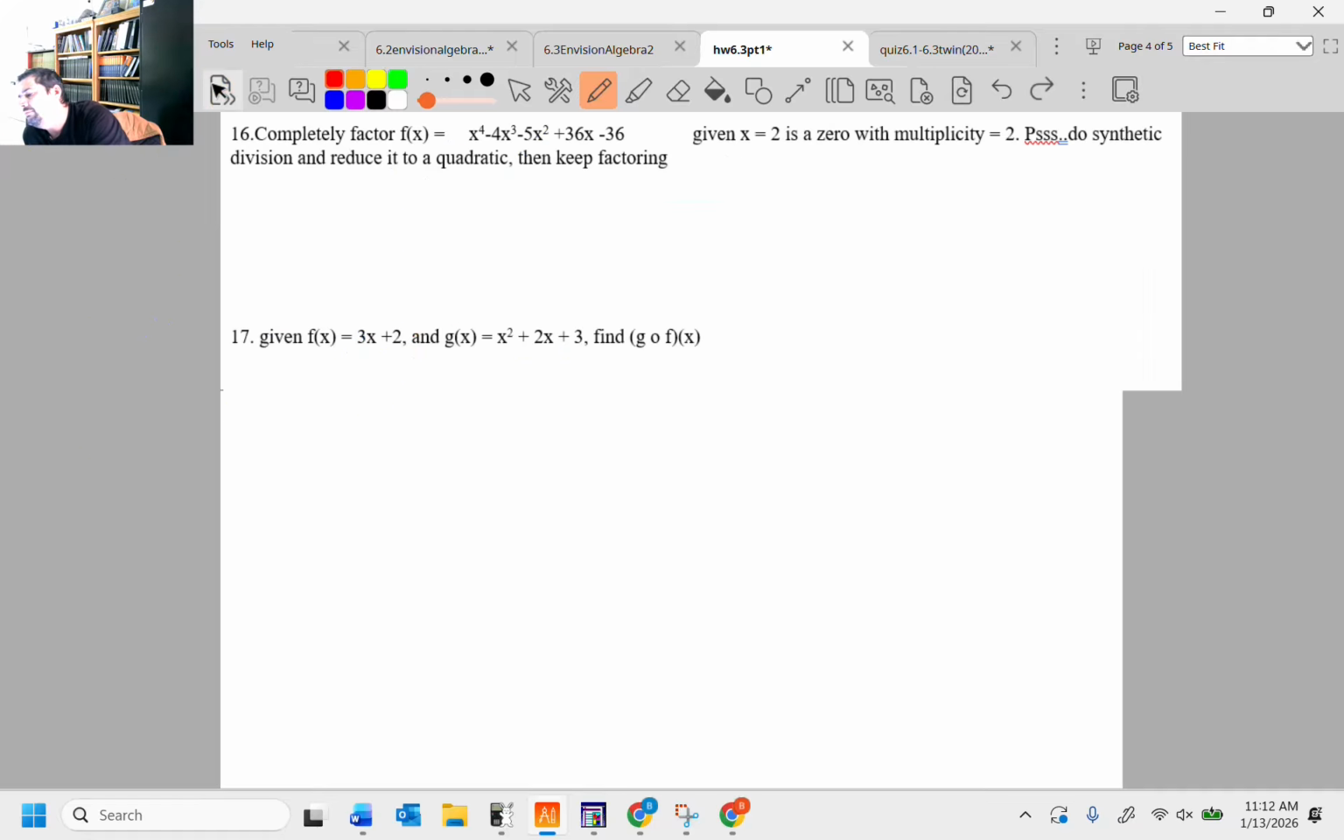Not doing 15. Well, yeah, let's do 17. Given f of x is 3x plus 2 and g of x is x squared plus 2x plus 3, find g of f of x. Old school would look like this, which is awesome because that means that I'm going to put a 3x plus 2 there,